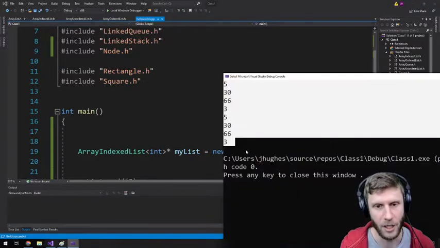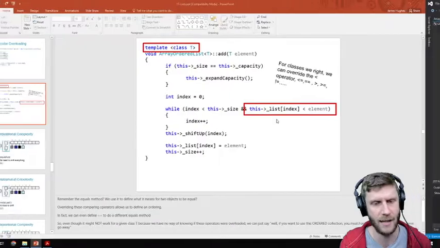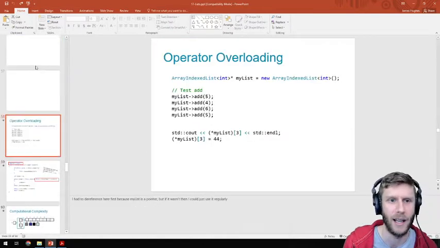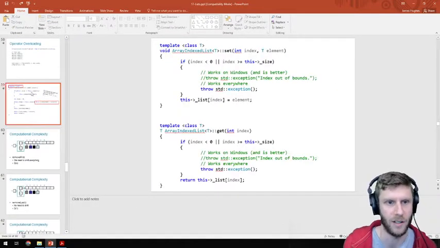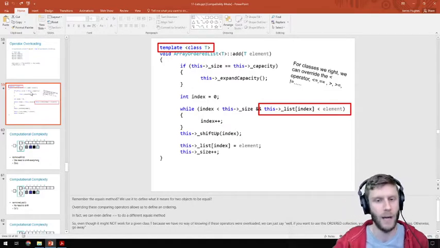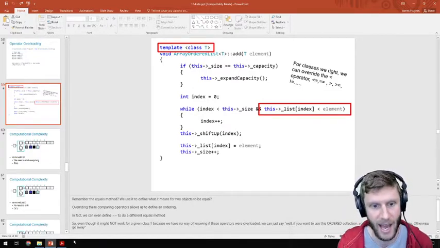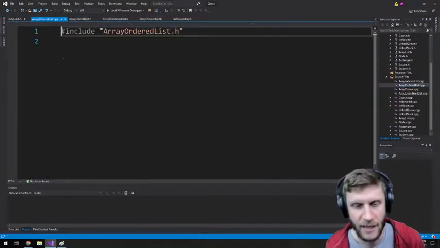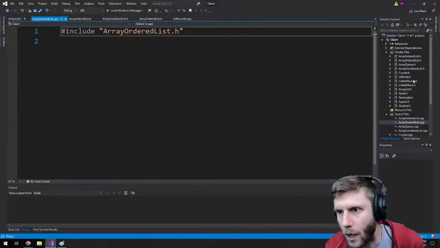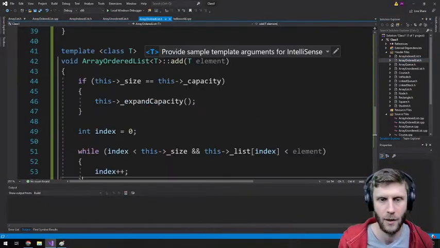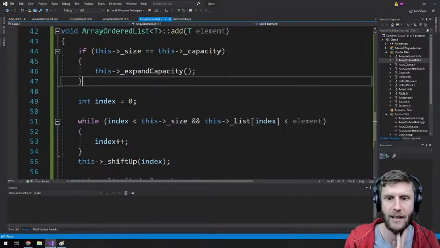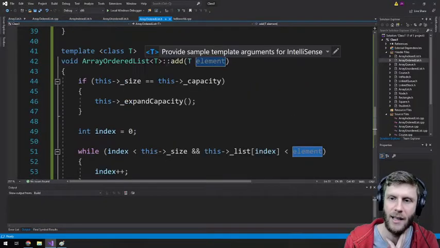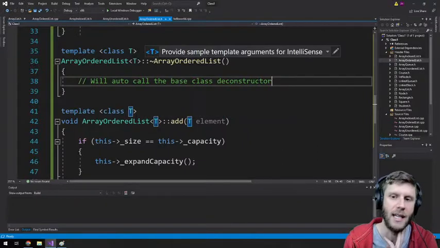And one other thing that's pretty cool, which was brought up at yesterday's lab by Johannes: hold on, if we have an array ordered list, you might remember that whenever you added something, we needed to guarantee that it would be added in the right spot. So if we go to array ordered list, when we did add, we basically did this, where we're checking, is this thing at list index less than element? And what's the type of element? Well, it's T. It's generic.